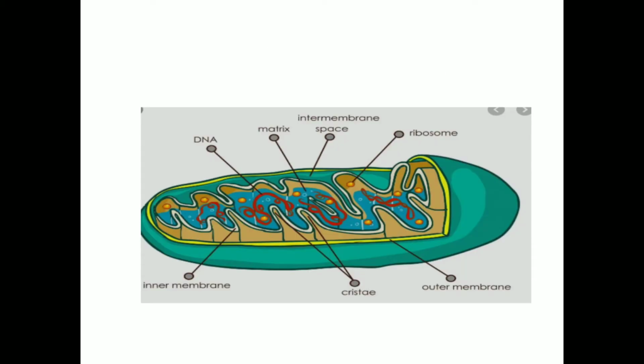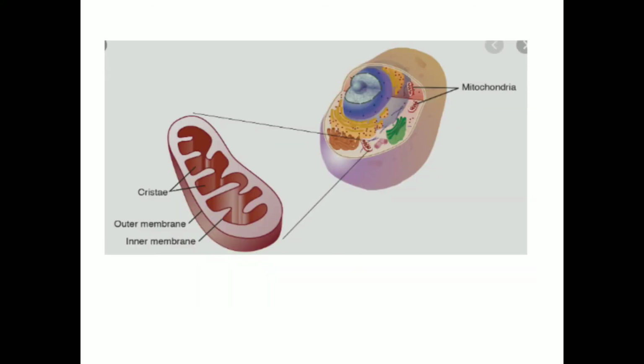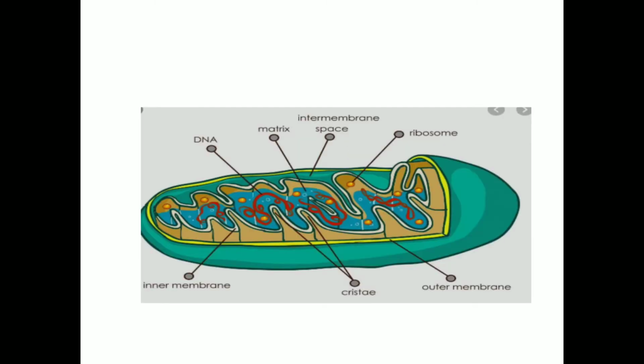So this is the mitochondrial cell, which consists of an outer membrane and the inner membrane. The outer membrane is smooth and stretched, while the inner membrane shows some folding-like structures, and these are called cristae. Then this inner membrane encloses some colloidal solution, and this is called the matrix. This matrix consists of